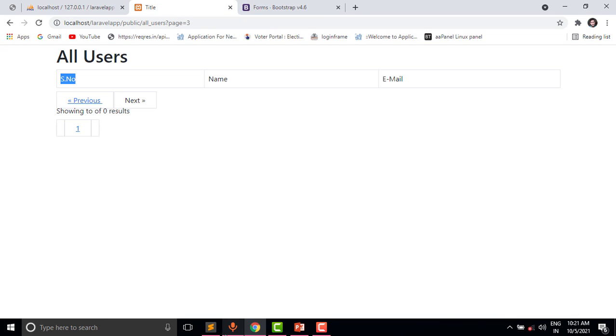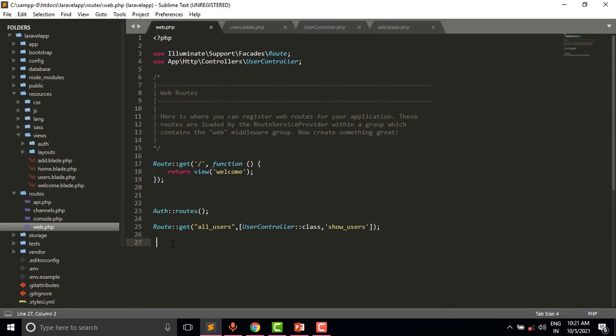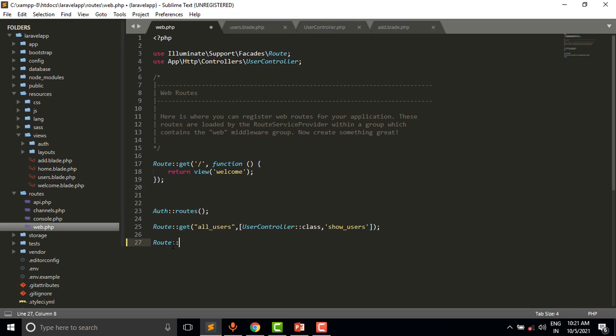So let us create the route for this view. Open the routes web. Route view, and the name of the view, add underscore users.